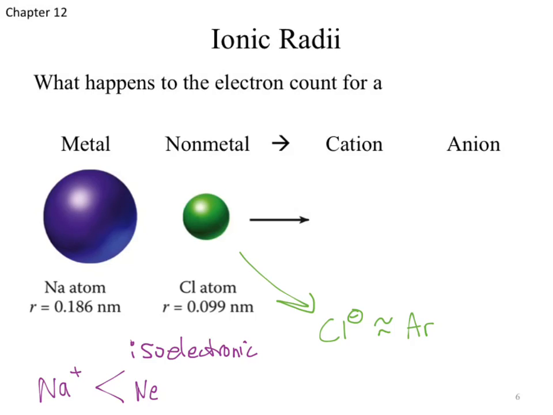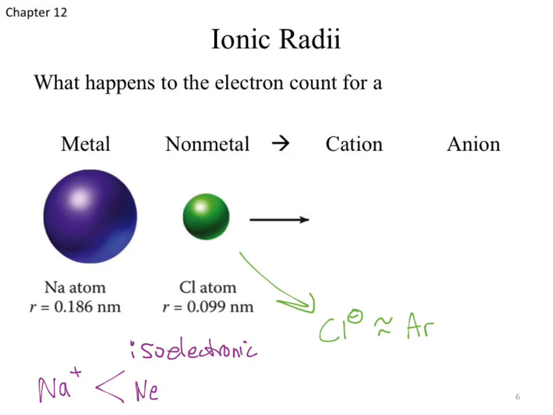Okay, why does it get smaller? All of our electrons are going into the same energy level, so we don't see any size difference there, but what's different about our nucleus? We get more protons in our nucleus. So as we go left to right, we do expect the size to shrink a little bit. Would we expect chloride to be smaller than argon in this case? No. Okay, the electron may be going into the same energy level, but does it have more protons to hold it?